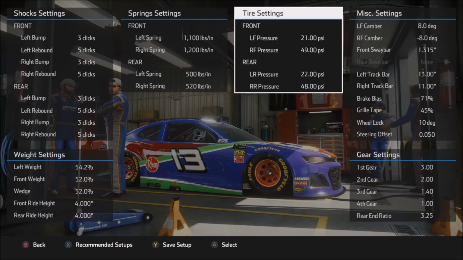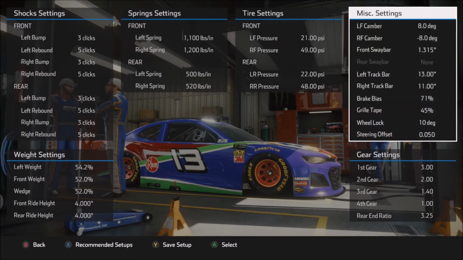Keep in mind that you can gain more straight line speed with higher air pressures, but lower air pressures tend to get me more grip and more stability overall, so adjust accordingly to how you prefer the car. Now on the miscellaneous settings, I decided to go with max camber on both the left front and right front, and the reason was very simple. It worked. Every time I increased the camber, I kept getting faster and gaining more speed, so I decided to release this,